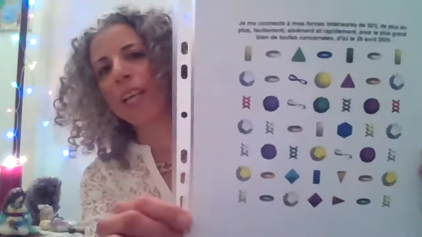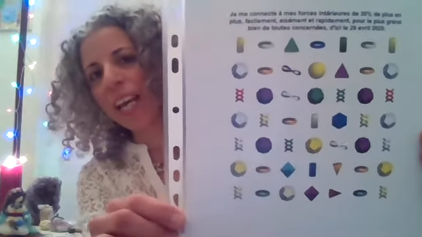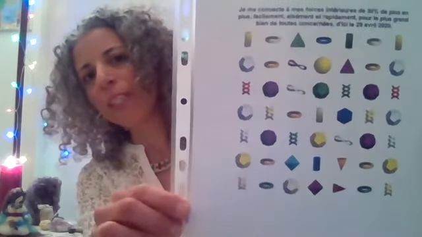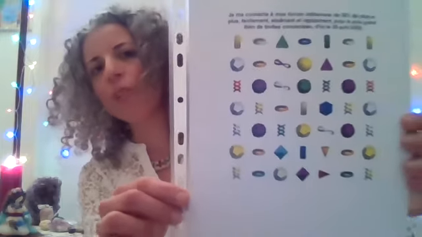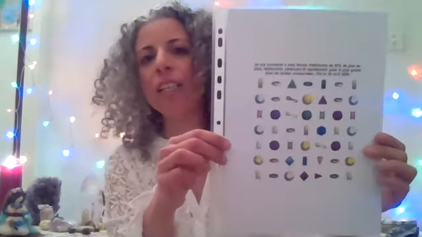And I will give you a little example of what we are learning in light language 2. There we learn how to compose a grid from 49 shapes and colors. And this grid is specified for a certain subject. You are dedicating the 49 grid to a specific subject, which can be about relationships,